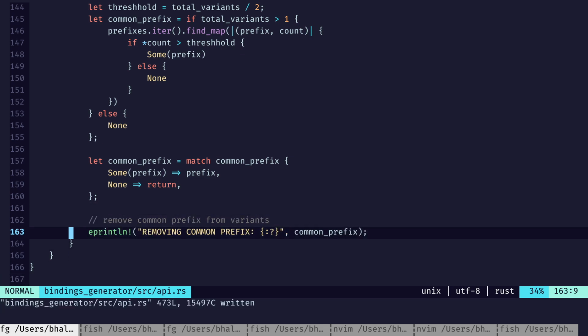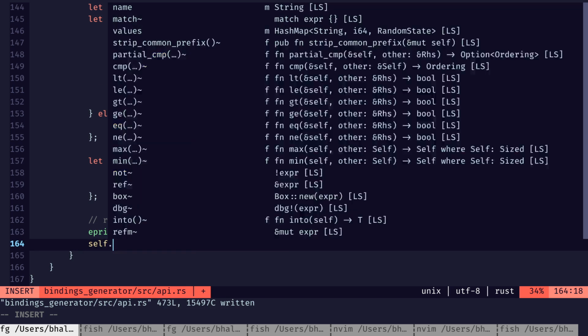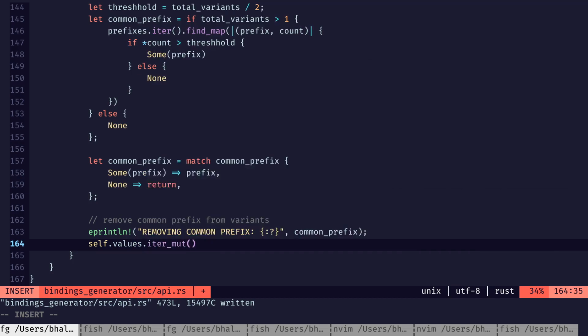Okay. Self values dot iter_mut. You just slice and allocate? Oh, I see. I don't think we're going to have any code point boundary issues on this. I think everything here is low ASCII, but